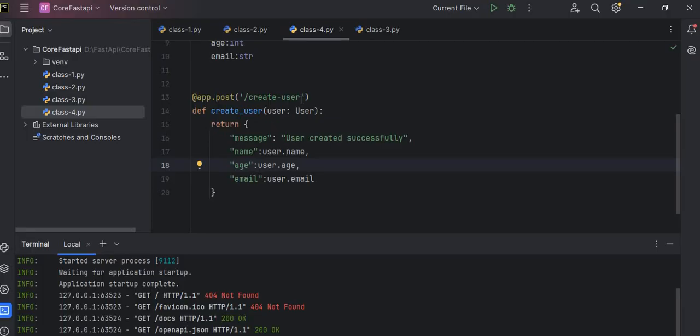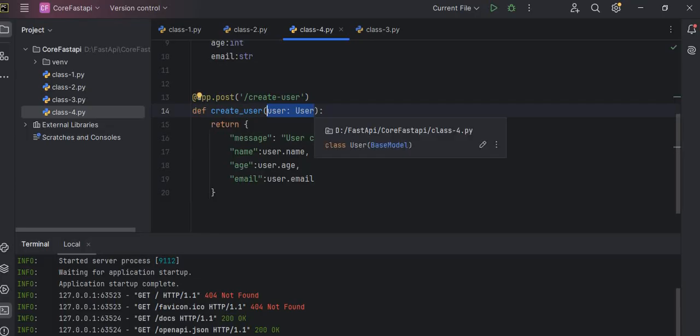This route, with the help of FastAPI, validates using the user model. So by using a Pydantic model, FastAPI will automatically read the body and validate it